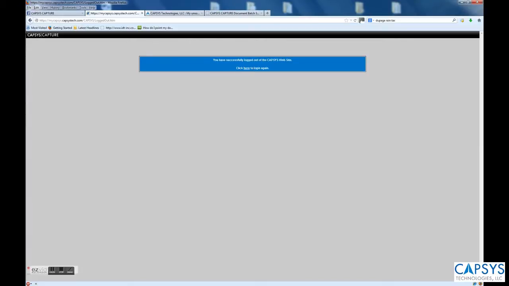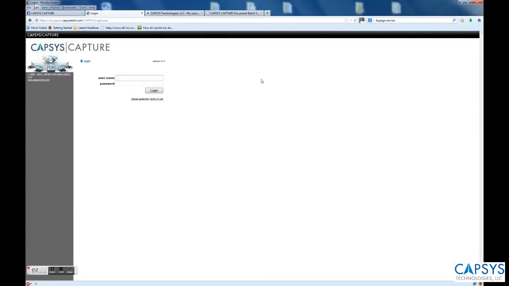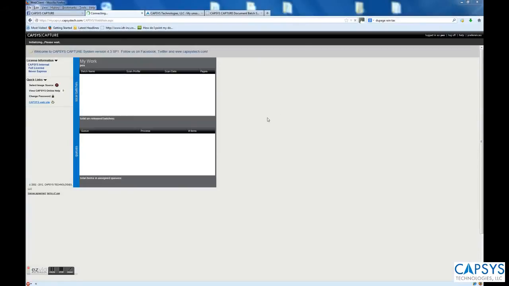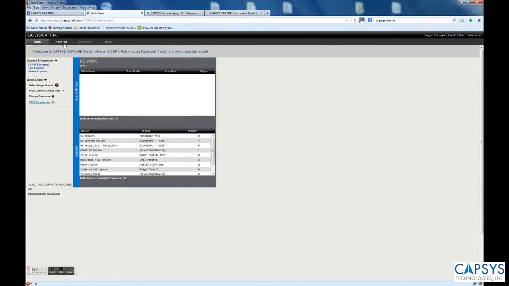So continuing on with our Epson DS-510 workforce scanner demonstration, we're going to take a look at how this integrates with CAPSYS Capture Online, which is our web-based or cloud-based data and document capture solution for business-to-business document imaging and ECM systems. So I'm going to log into the portal here, and you'll see from the portal we get a